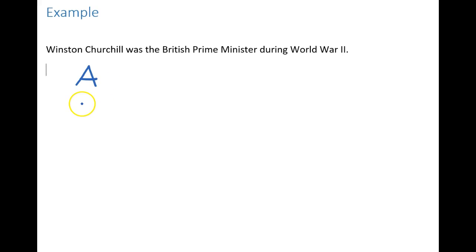As long as you make it clear, you could have used Z. Some people like to use letters that kind of remind them of the original statement. So because this statement starts with a W, you may pick W. But as long as you make it clear that you're using this particular letter with the meaning Winston Churchill was the British Prime Minister during World War II, you can use whatever letter you want among the 26 letters of